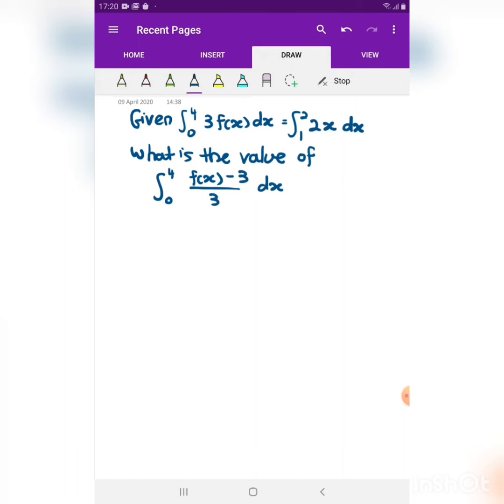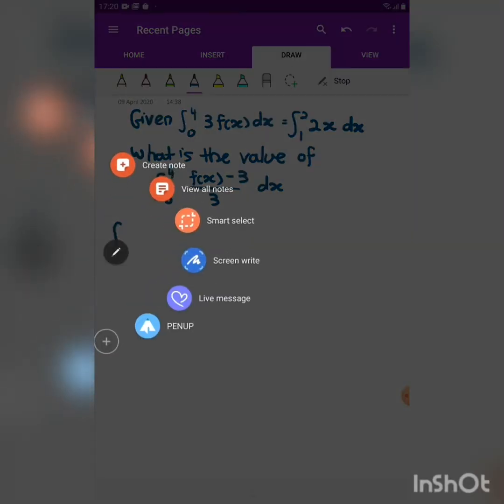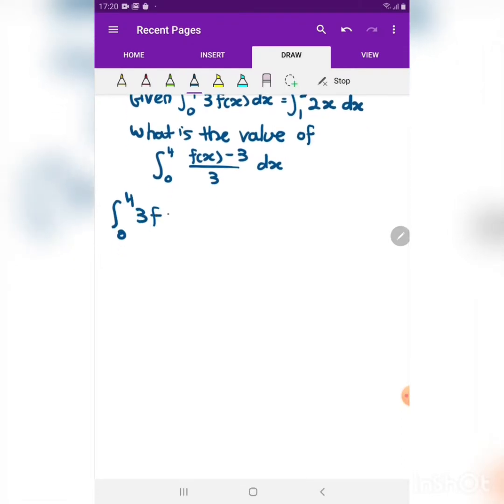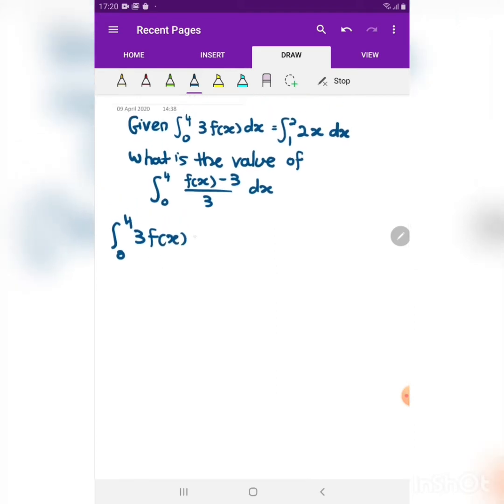So here, in the question they're asking us to find the integral of f(x), and above they have given us an equation whereby the integral of 0 to 4 of 3f(x) dx is the same as the integral of 2x dx from 1 to 2. So what we can do now is solve for the following. We write it down as integral 0 to 4 of 3f(x) dx equals